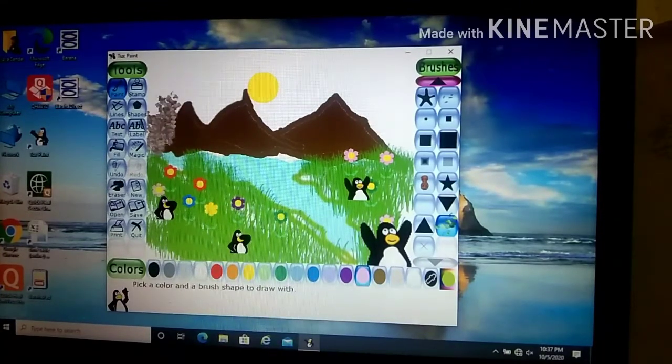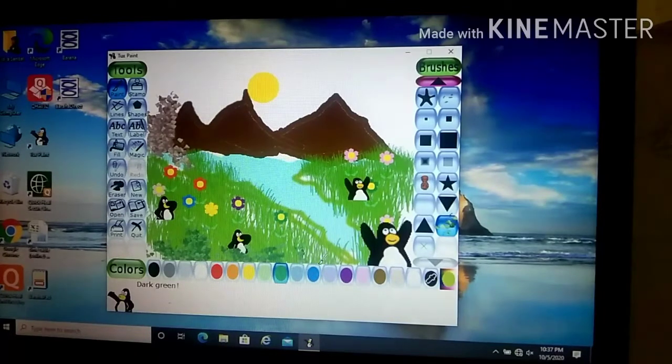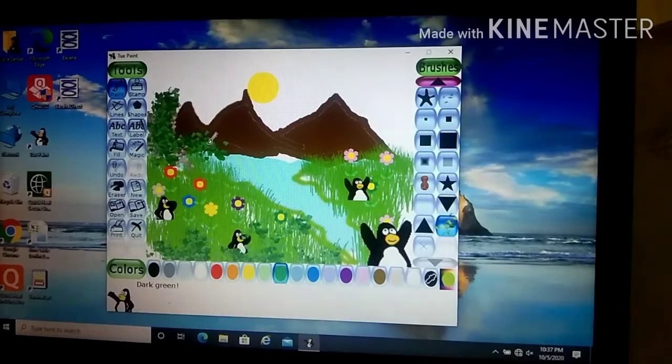If you want to change the color, okay, like this you can give the effect to your drawing.